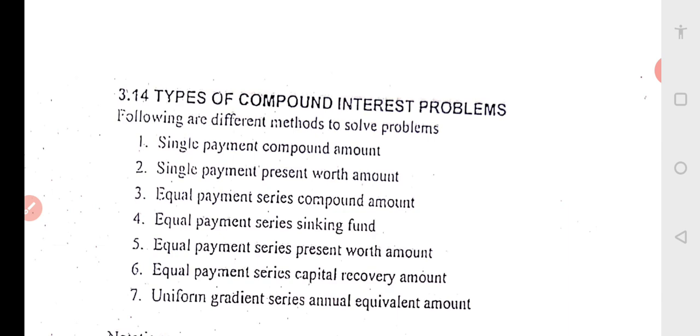Second was I want that amount after some years. So what is the present amount I have to invest? This is number 2. Third is like RD. I am going to pay some amount now every year. So after some time, what will be the final amount?